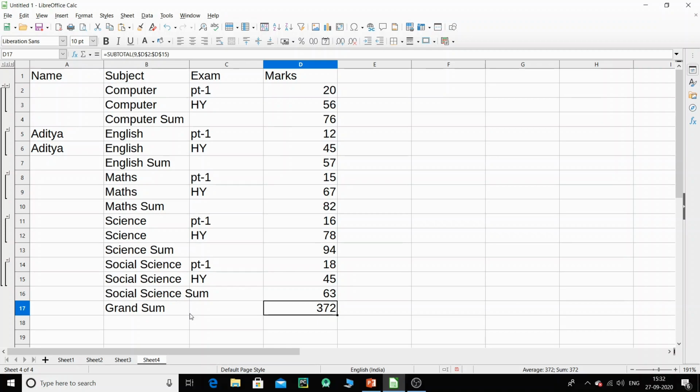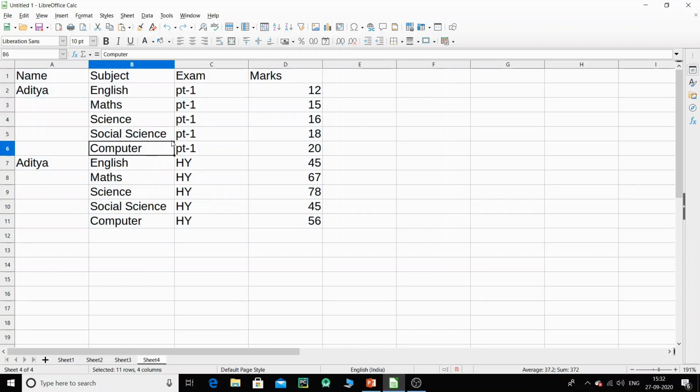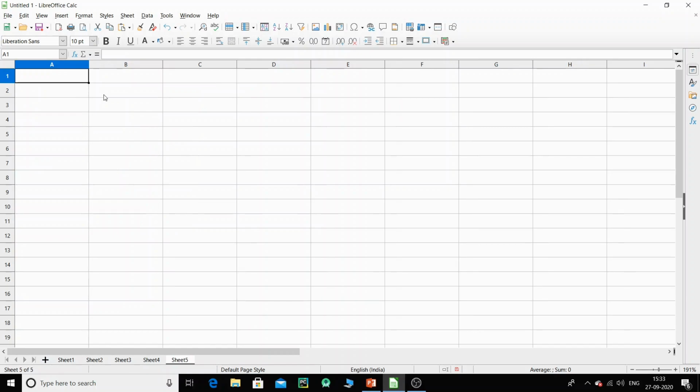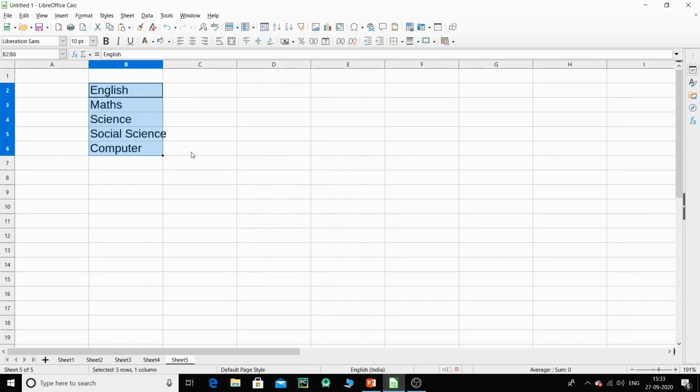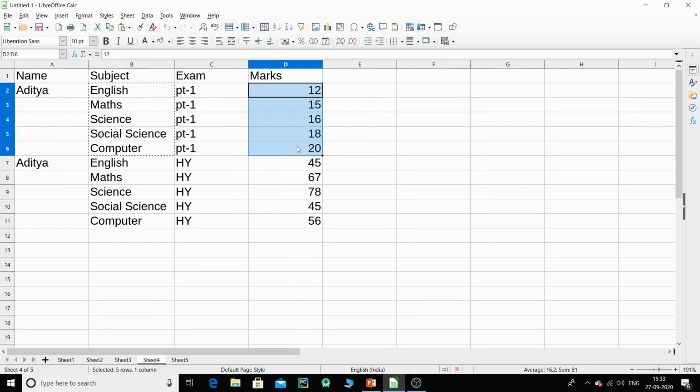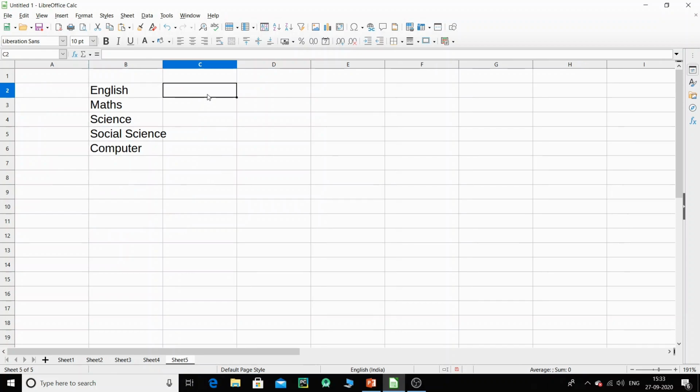Okay, now let us take one empty sheet, and what I'm going to do is go back to this one where we were, and copy these subjects, go to one more sheet, and paste it out here. And again I go to sheet 4, and I'm going to take these marks, and paste them out here.